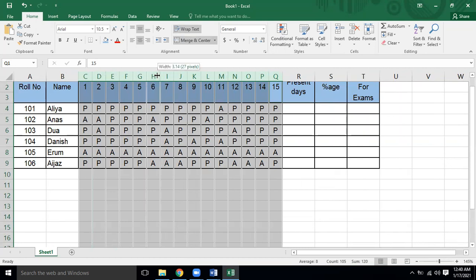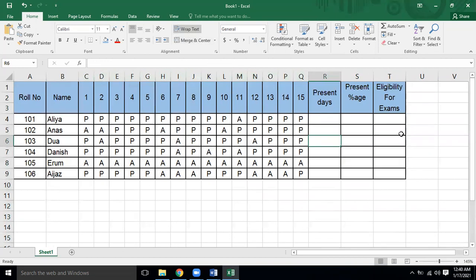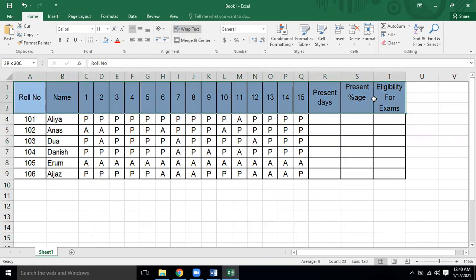Right now the width is 27 pixels. Let's suppose I make it 30 pixels. So each is of 30 pixels now. If I click over here, it is 30, it is 30. In this way we can make the similar formatting, but normally they don't ask you to format it as it is. For the safe side, I'm just telling you that you must know.